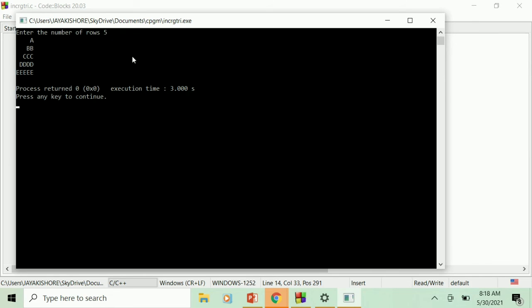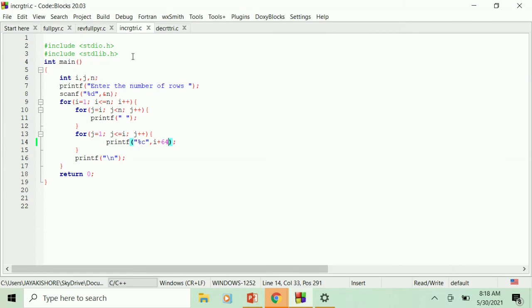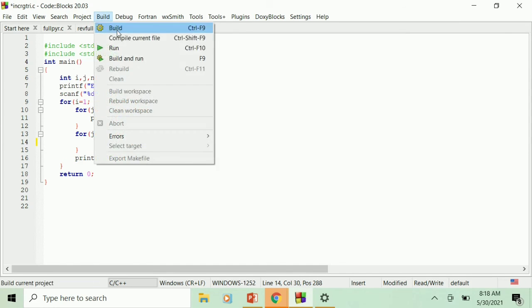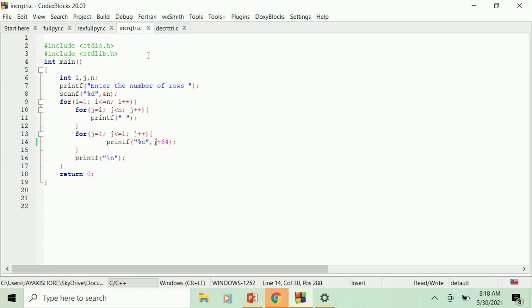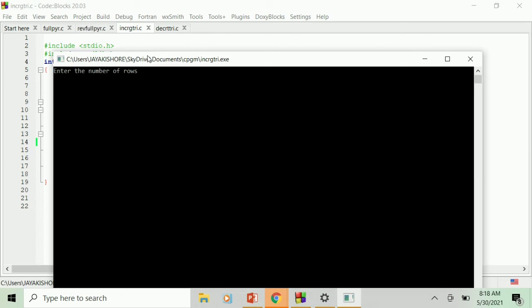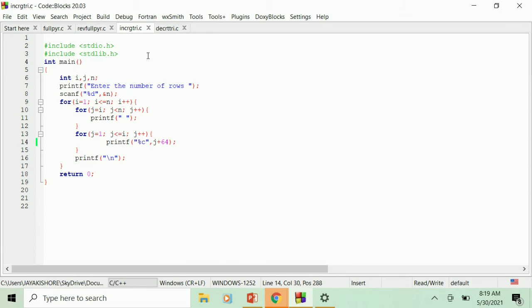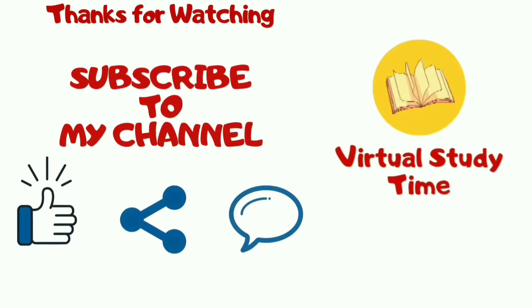Suppose you want to change the format of printing the alphabets, then you can change the i value to j. So like this, you can apply the same formula to obtain different patterns here. So this is all about the